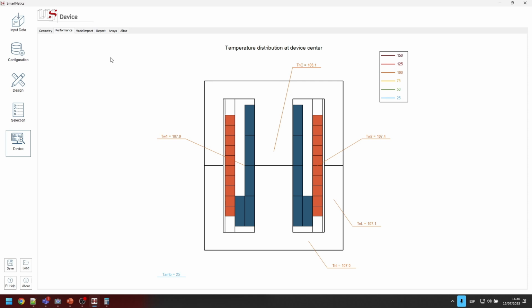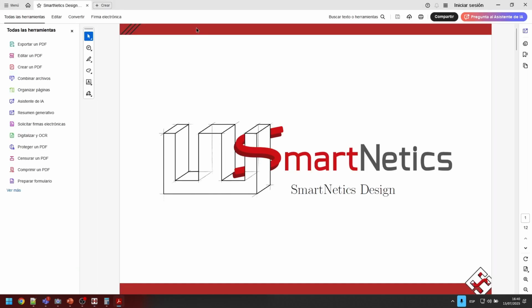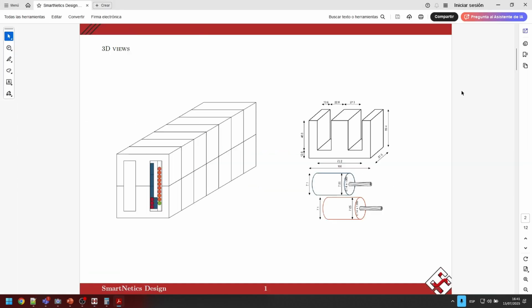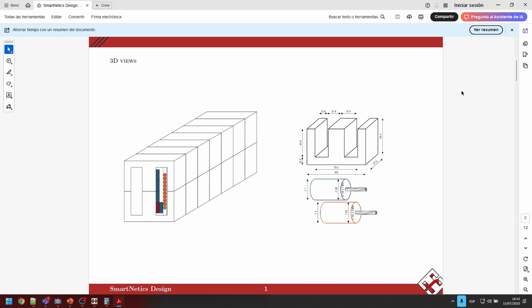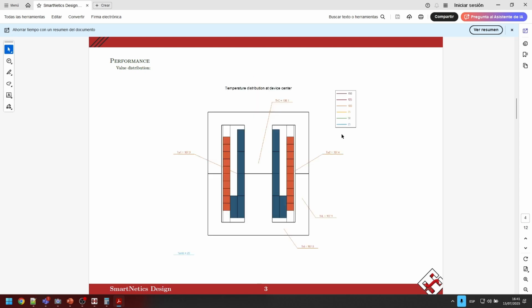The next thing we can do is, we didn't have any information before we did this analysis, but in this case, since we know everything, we can generate a report that generates a PDF with all the information that we got, the one we have with the measurements and the one we have thanks to Smartnetics, in a single PDF file. So in here, we have access to the geometries, the same thing we measured, on how the wires are stacked. We can know in here the approximate weight or cost or area, etc. of the device, the expected losses, the expected peak value of the flux density, the temperature distribution.